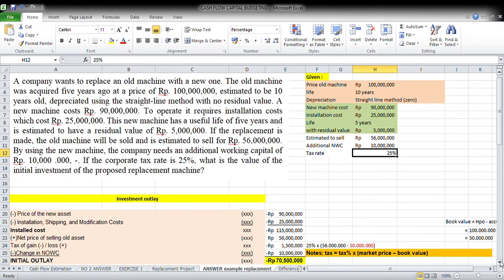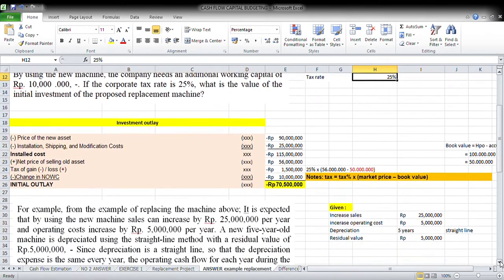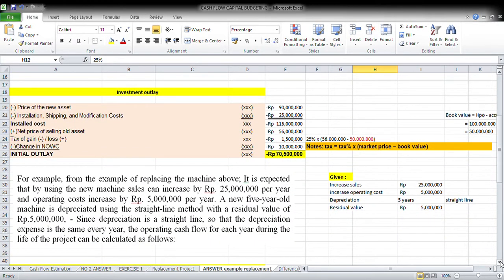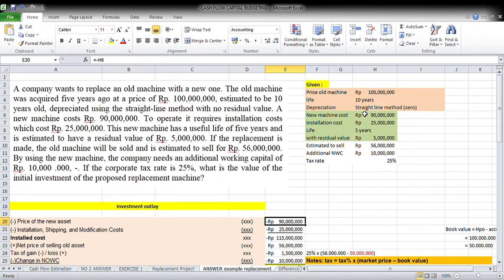So for the first, we want to calculate investment outlay. The price of the new asset is 90 million. 90 million is from this one. And then installation cost from this one. And then net price, so we get the installed cost like this. So for the next, we have the price of selling the old asset. This is 56, this one, 56. And then we get the gain because of